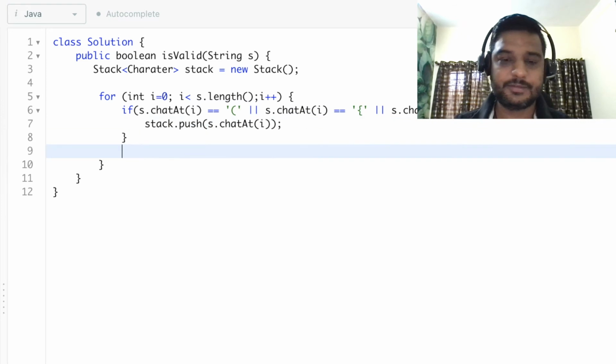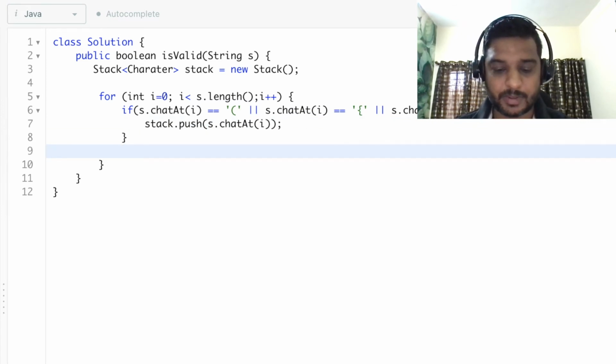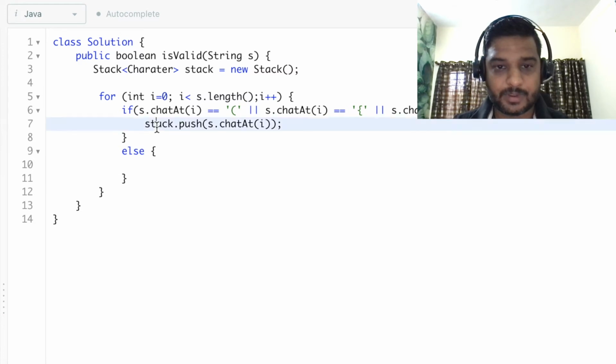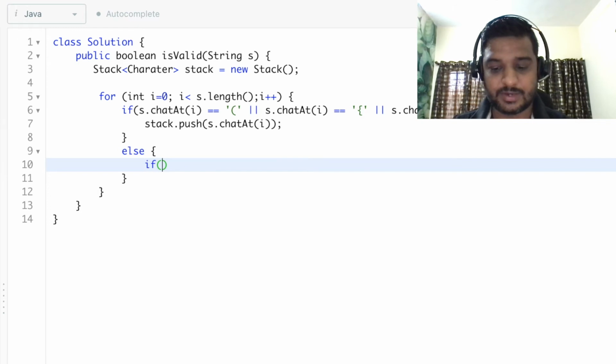If it is not the opening of any type of parenthesis, in that case it will go to the else block. Here we'll have to check if our stack is empty.